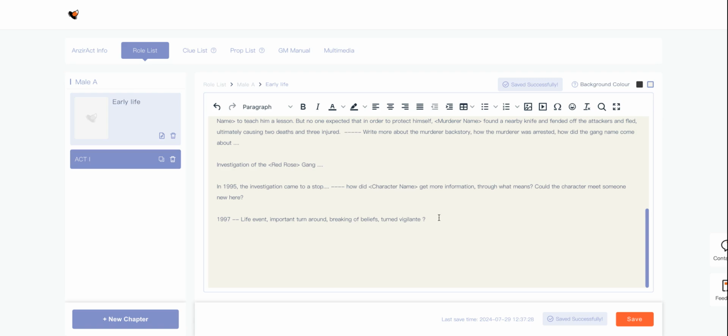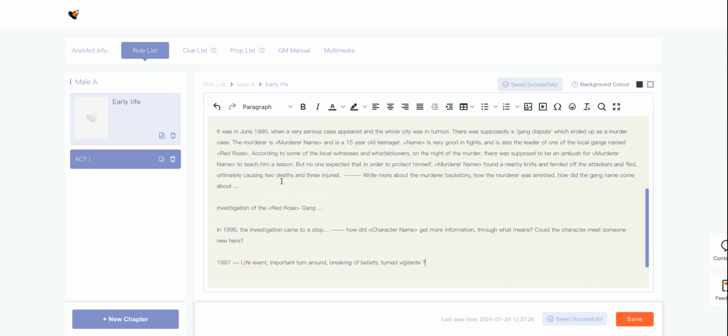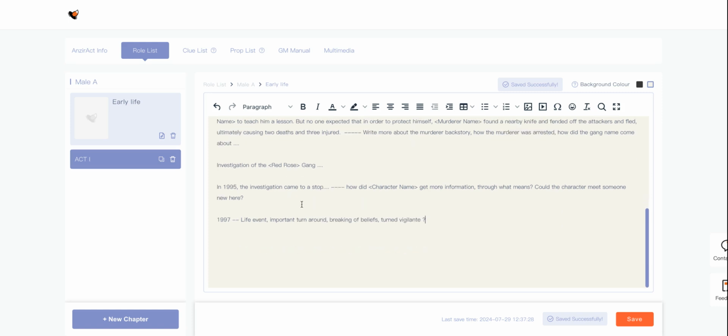So we can see how this character grew, how this character took on cases and how this character met new people. In this section, I would write about the very important event of this character that